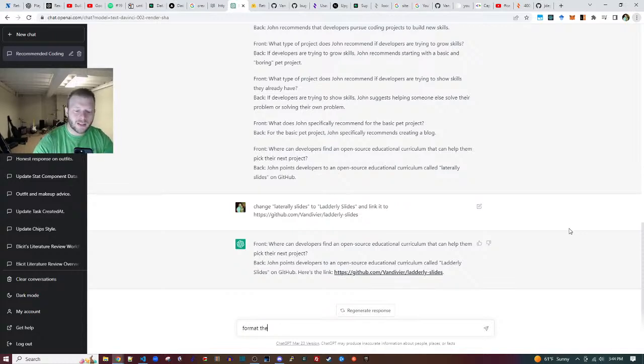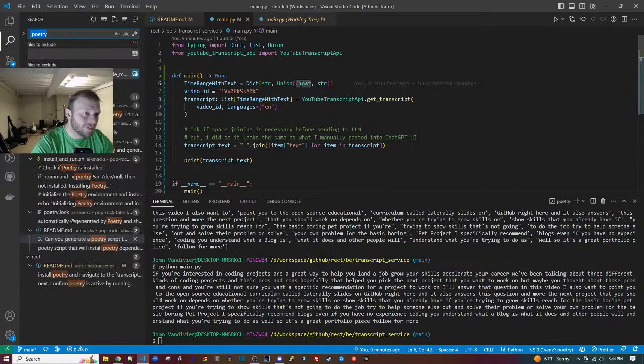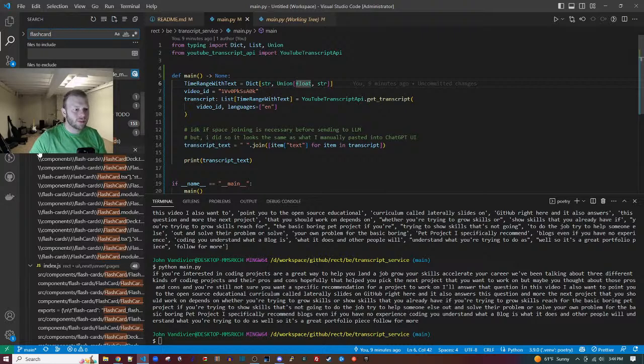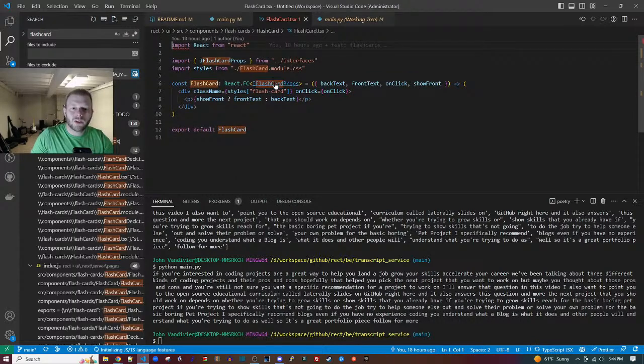Format these flashcards as JSON so that a React application can load them into an array. Control-Shift-F, flashcards, flashcard. I guess I should Control-P, shouldn't I? Control-P, flashcard, okay? We want to give it